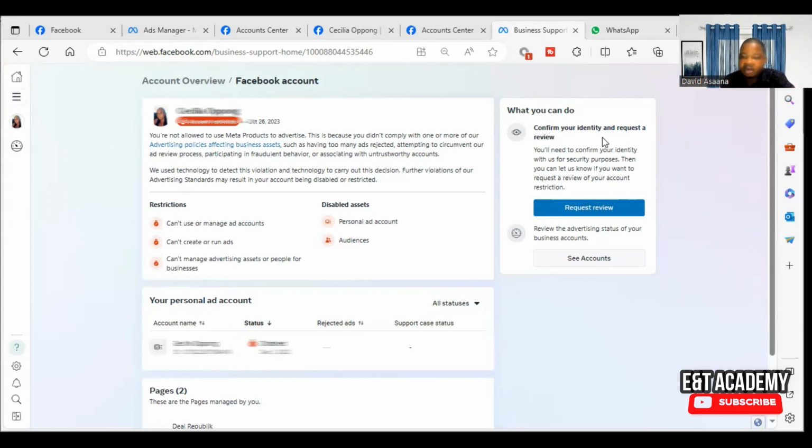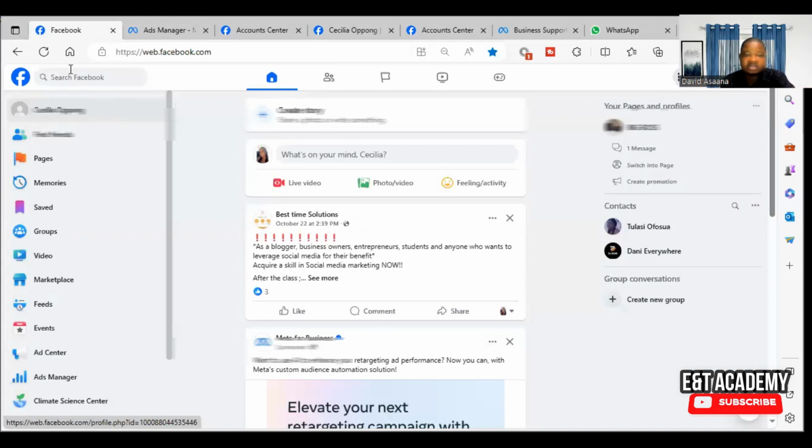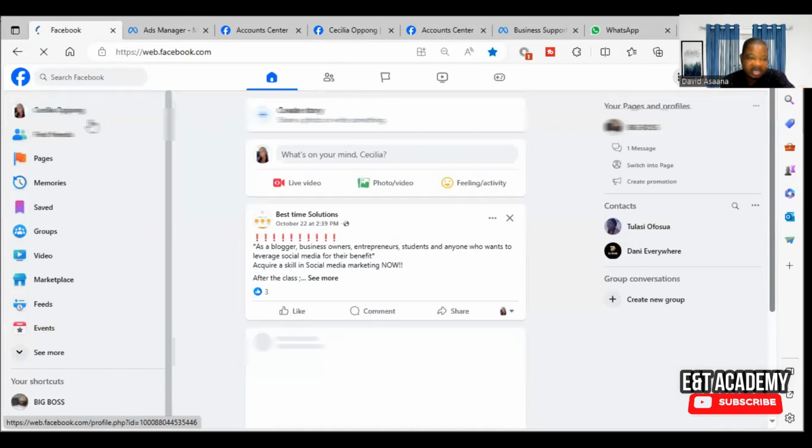And then you see what you can do. And what you can do, they say confirm your identity and request a review. So I'm going to confirm the identity and request the review. Okay. So before I can do that, first of all, as you can see, you normally have to make sure that your name on the Facebook account is the same as what is on your ID. The types of ID you can use are national ID, voter ID, passport, and you can also use driving license. So you make sure that your first and last name on the ID card is matching with